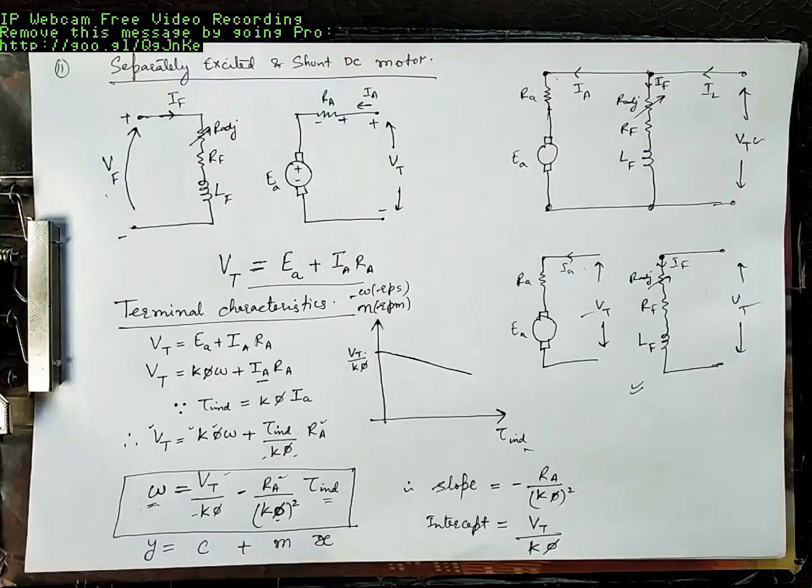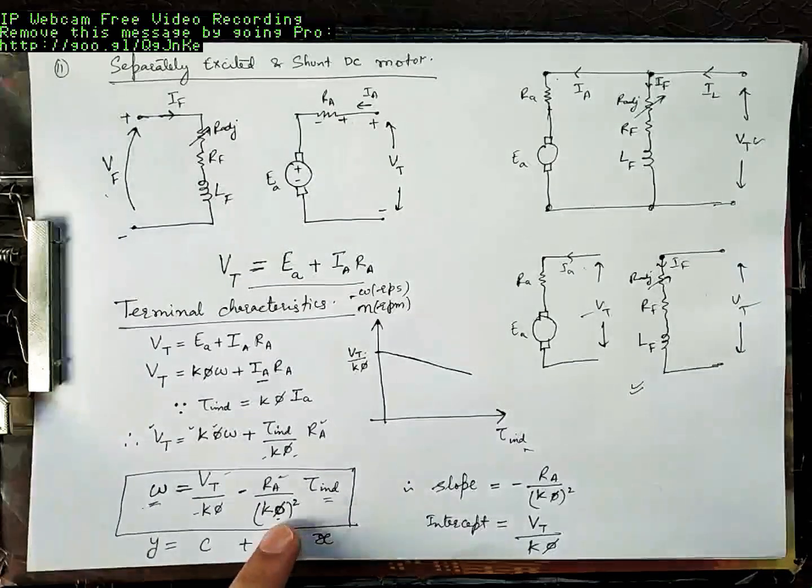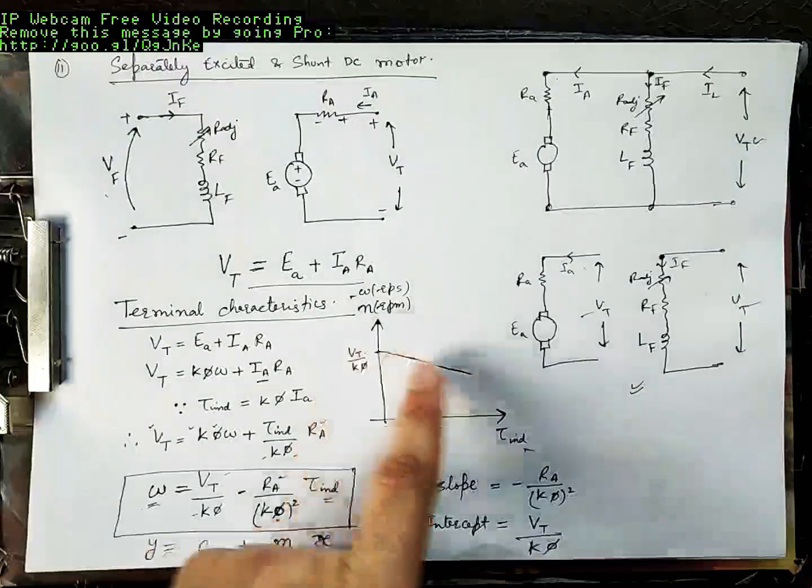How can we make flux phi constant even if the induced torque changes? The answer is we have to eliminate the armature reaction. In the earlier lectures, we studied how to eliminate the armature reaction completely: by using compensating windings. If you have a machine with compensating windings, then armature reaction will be 0, because compensating windings cancel the effect of armature reaction. So flux phi will stay constant, and this expression holds.